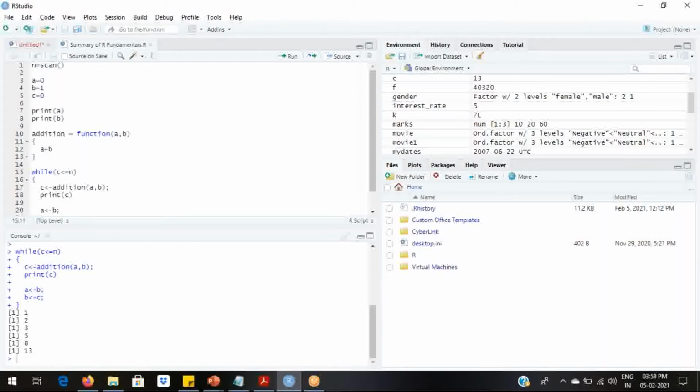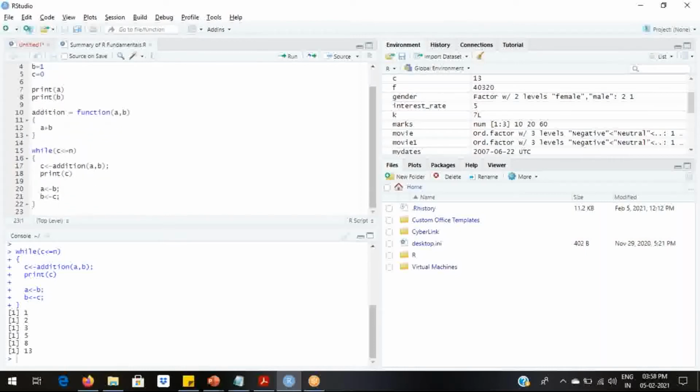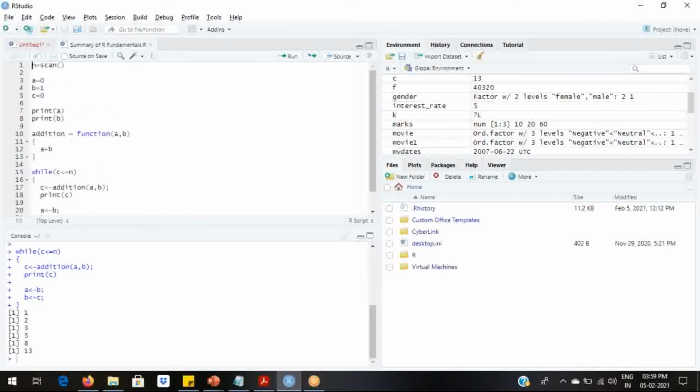While is the conditional statement used for printing the Fibonacci series. And we are using semicolon inside the loop. So it's optional. And here we are using the arrow symbol, that is less than hyphen, instead of equal to. So all concepts are covered.